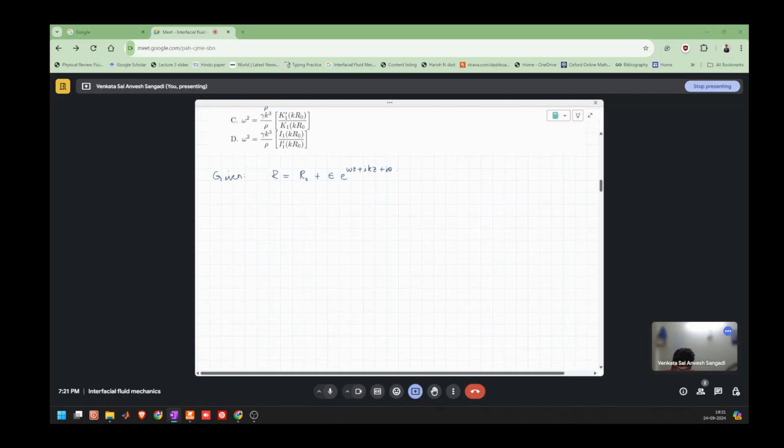So in this case, the governing equations are not axisymmetric, so the governing equation can be written as